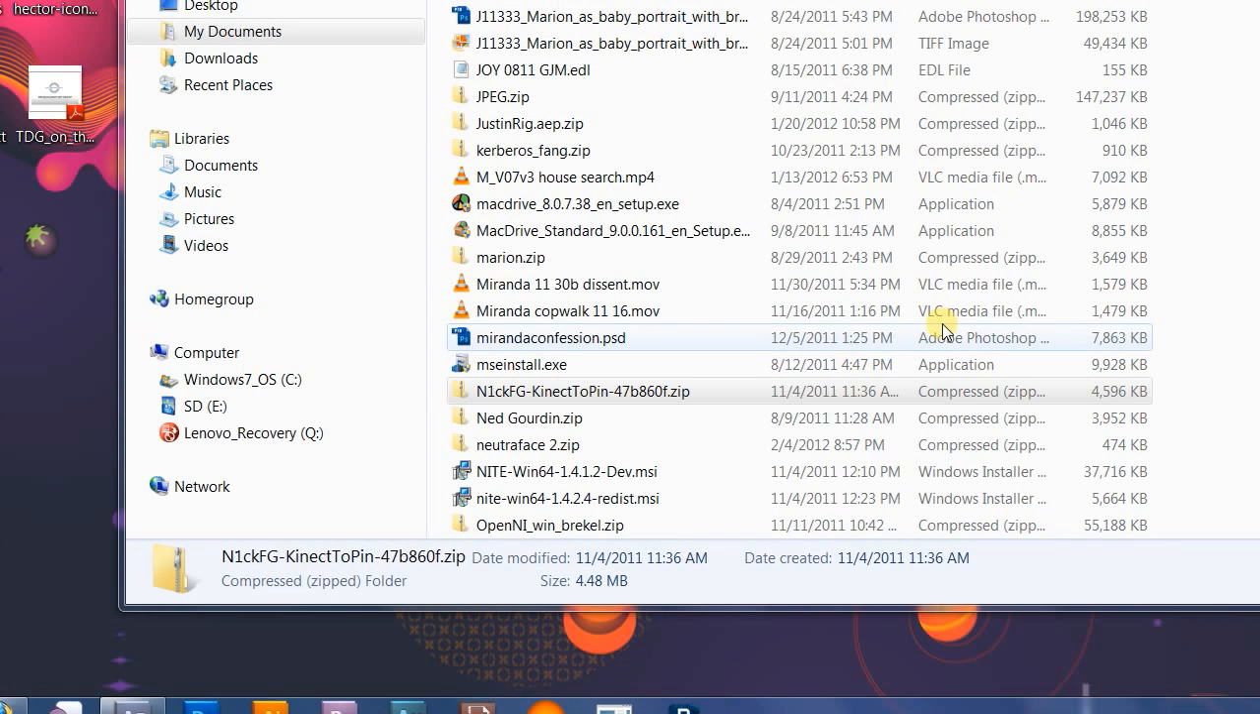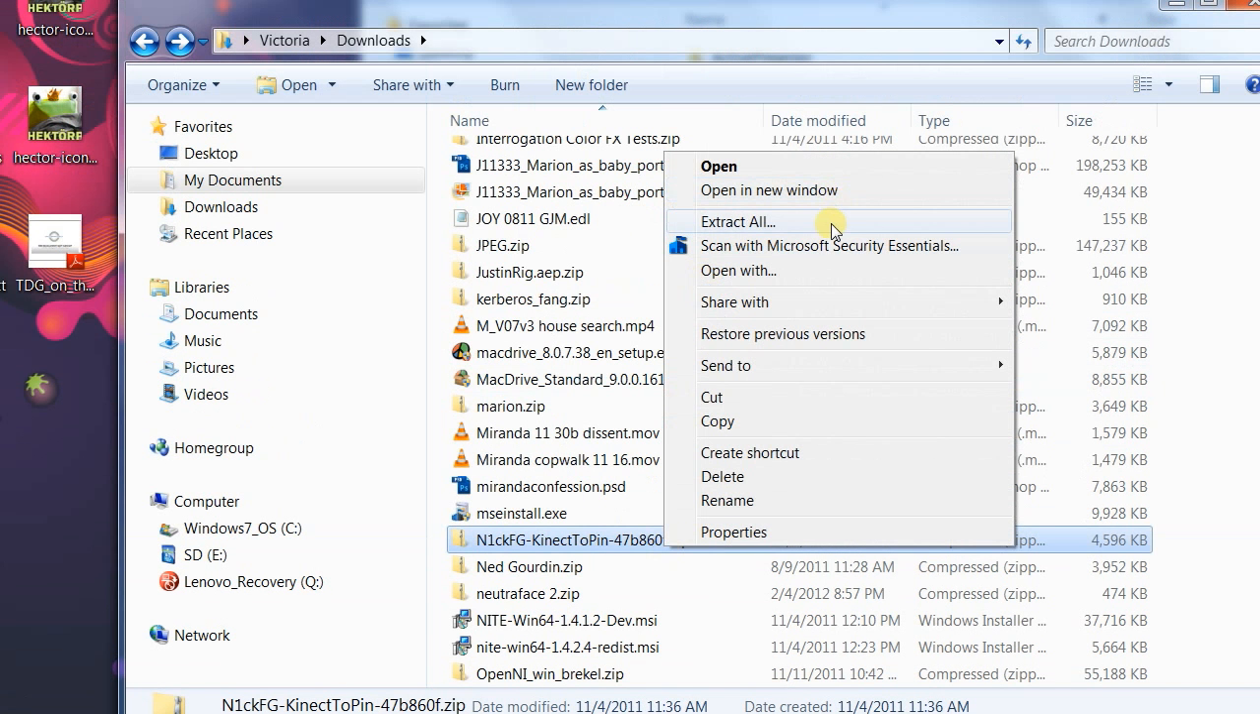Welcome back. You have your USB adapter and you've installed all the software I linked in part 1, right? Well, now it's time to get KinectToPin up and running. You don't have to install it. Just unzip it,